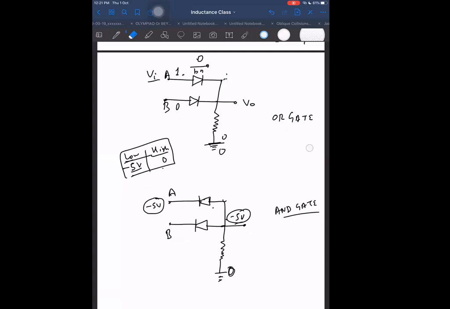If we want it to function as a diode, then we never use it above the breakdown voltages. Sorry, what I should say is, when I want it to function as a logic gate, then I should not supply voltages more than the breakdown voltages. And I am clearly specifying that I am giving only 2 voltages, either minus 5 or 0. That only I am giving, nothing else.